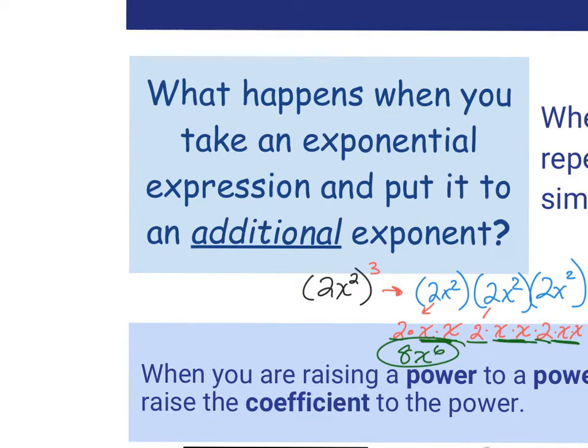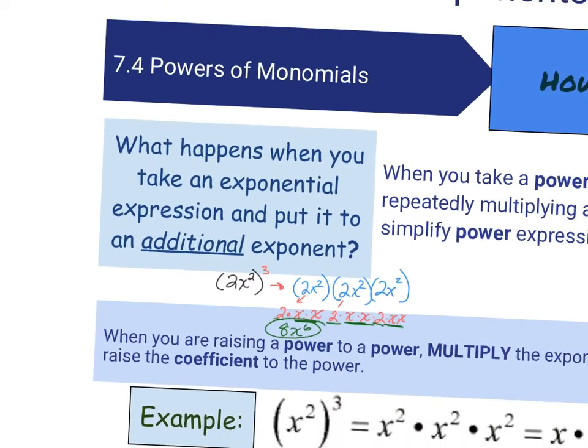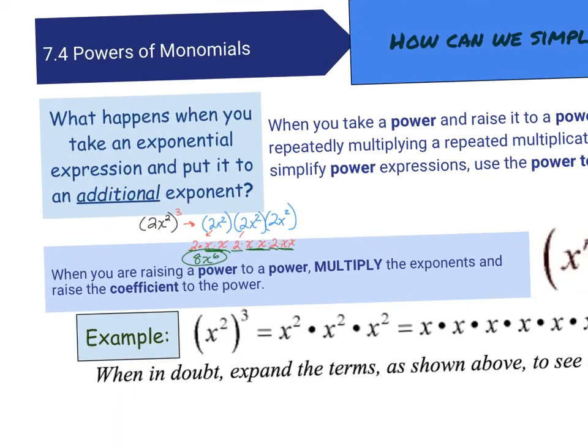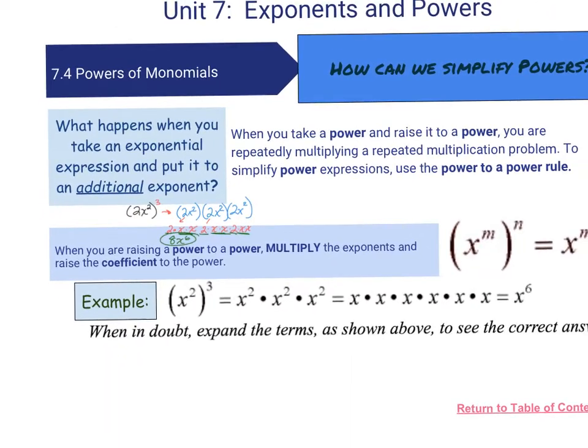So in reality, what you're doing is when you have a power that is raised to an additional power, so here's a power because that's an exponent. Remember that a power is an expression that has an exponent. And here we have an exponential expression to another exponent. So it's like power to power. What you do here is you're repeatedly multiplying it,